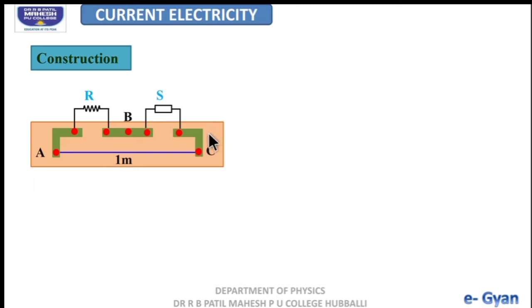Why is it made with those wires? These alloys have low temperature coefficient and high resistivity. These wires are insensitive to temperature for a certain range. The unknown resistance is connected at the left gap and is given by R. Known resistance S is connected at the right gap, and a battery is connected across AC with a plug key.